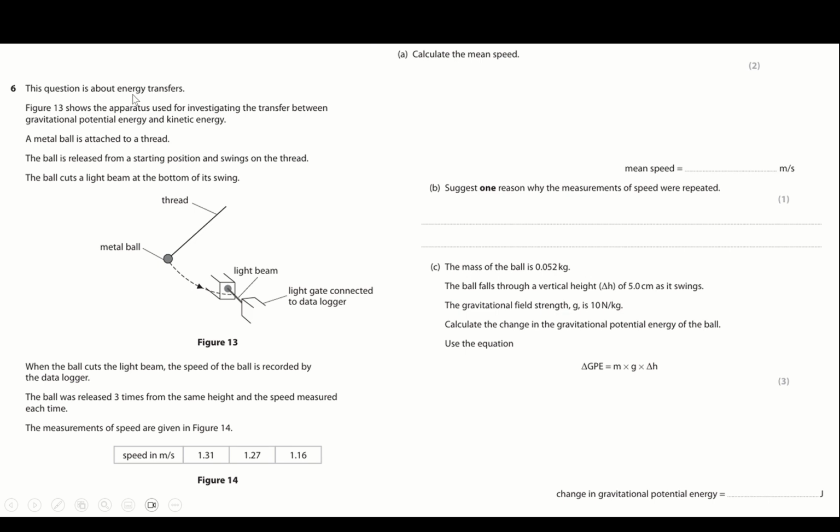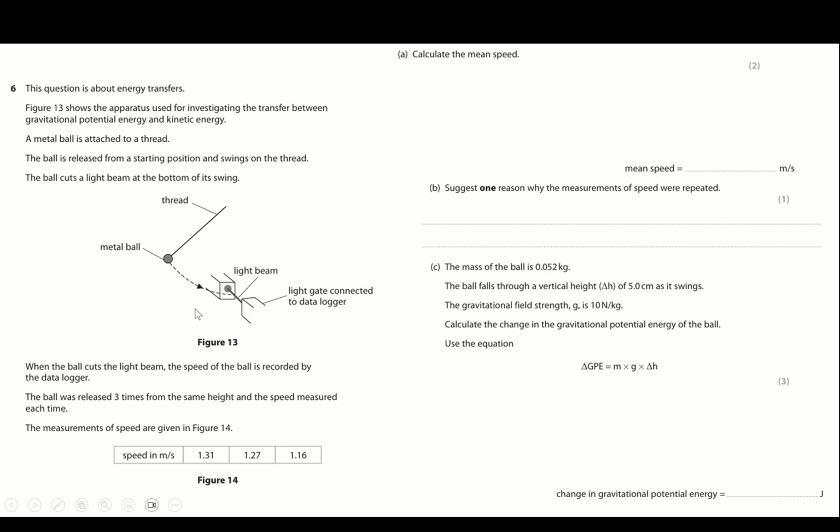Okay, question 6 is about energy transfers, and we've got some apparatus. A metal ball is attached to a thread. There's the thread and there's a metal ball. This is going to act like a pendulum, swinging this way and this way, but it looks like it's only going to swing through the light beam. It says the ball is released from a starting position and then it cuts a light beam at the bottom